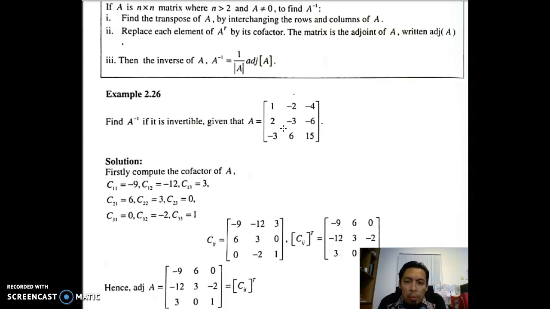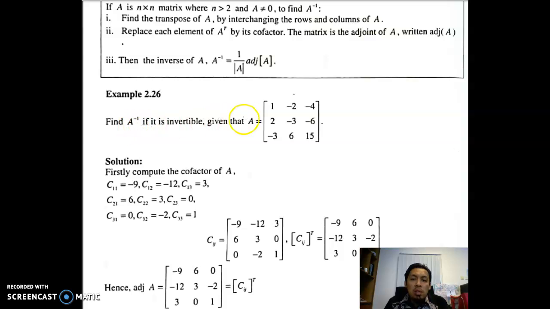Now before we proceed, we know that later we need to calculate the adjoint. To calculate the adjoint, we first need to calculate the minors for each element and all of the cofactors, and then transpose to get the adjoint. If you don't remember how to do it, you can always refer to our previous video. We're also going to do that later. However, before we go into that tedious process,